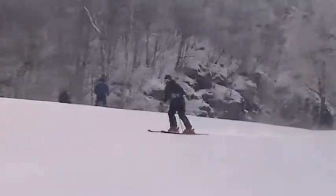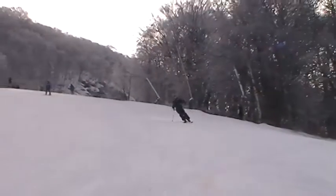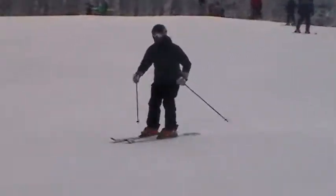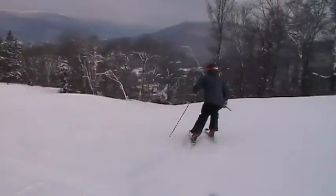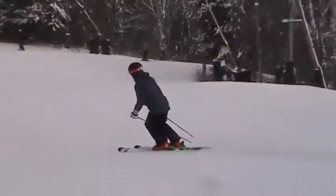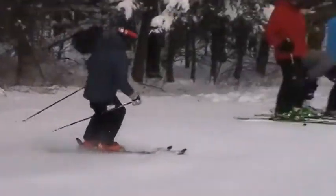All right, uphill ski's downhill edge, you're doing it nicely. You see the little stepping action right there? That tells me that you're not releasing the downhill ski at the start. That little one-two action is more of a stem type of turn, coming around the corner. The legs,